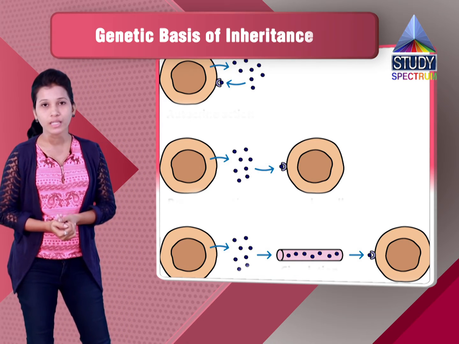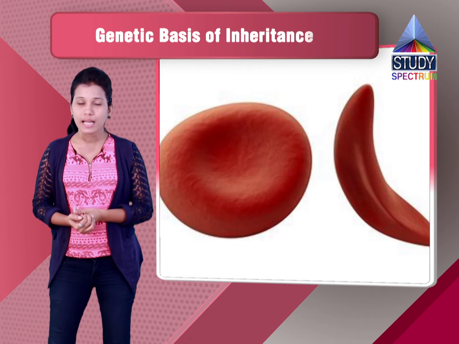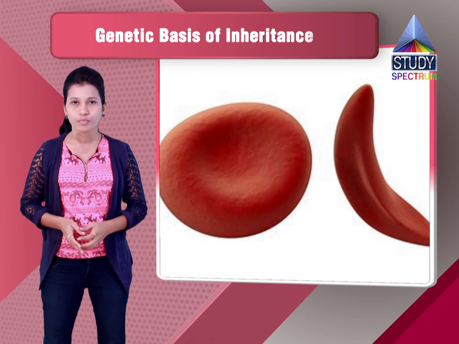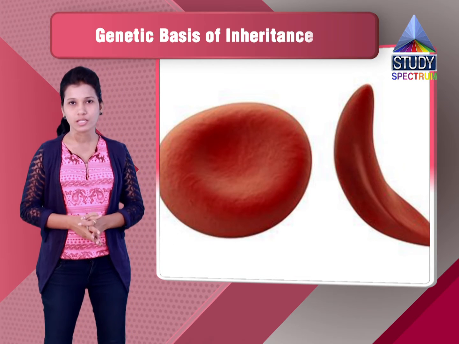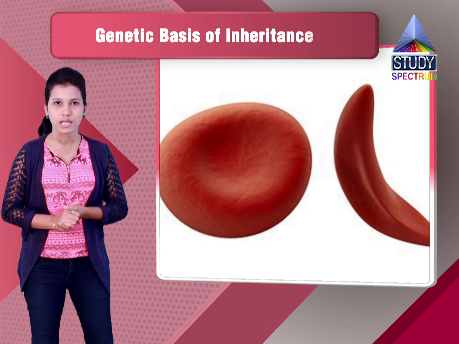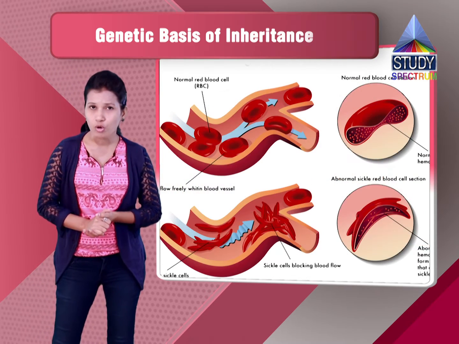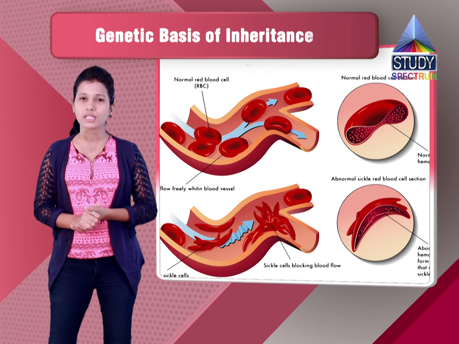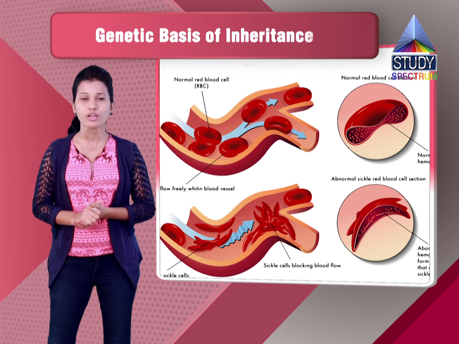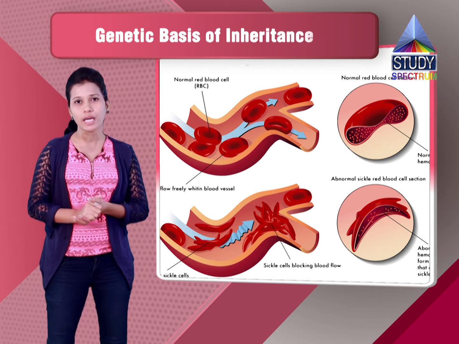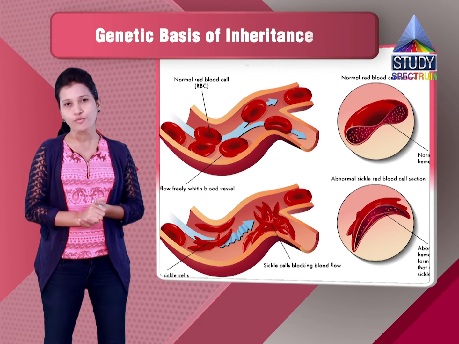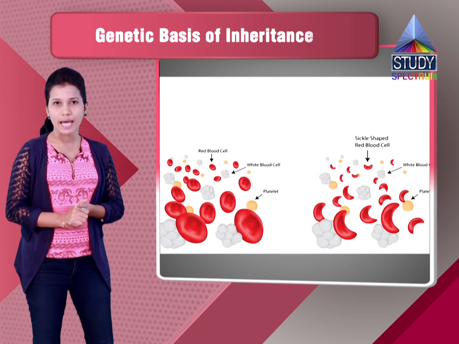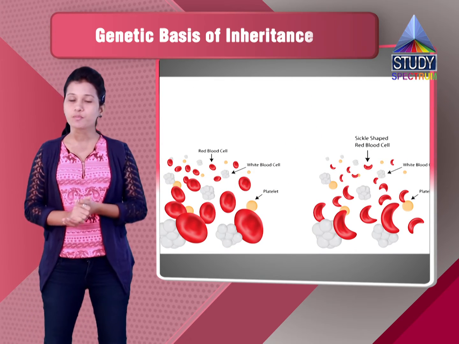For example, take sickle cell anemia. If we take the example of two carriers of sickle cell anemia, for example the mother is a carrier for sickle cell anemia and the father is also a carrier for sickle cell anemia. We call them carriers because they have one gene which is normal and another gene which is abnormal, that is, true for sickle cell anemia. And this will be HbA and HbS. Now HbA is for normal and HbS is for sickle cell anemia. We call the person a carrier because they have both the genes and are expressing both the genes.